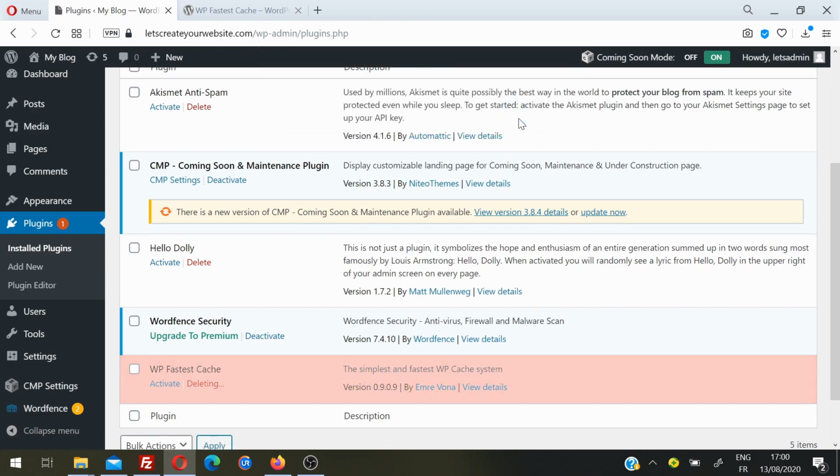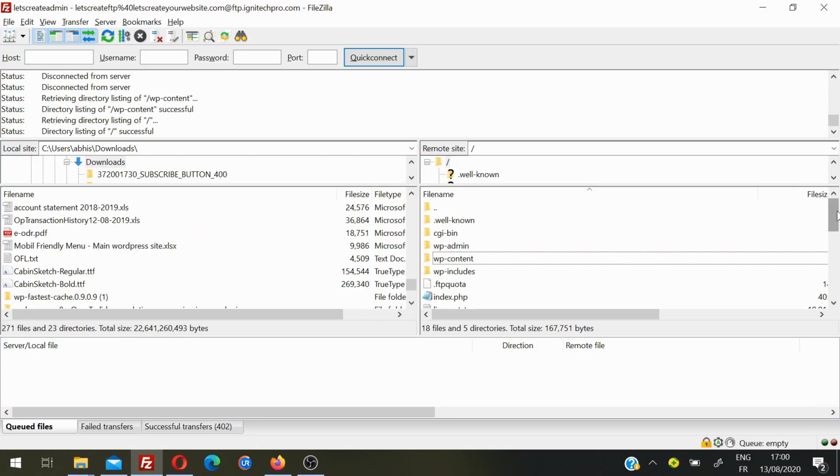using FTP. So you need to connect your website via FTP. If you don't know how to do this, search on internet. It's very simple. It takes a couple of minutes to create an FTP account. It is very useful sometimes to manage your website. So this side, right side is my server, my WordPress installation, and the left side, it is my local computer.